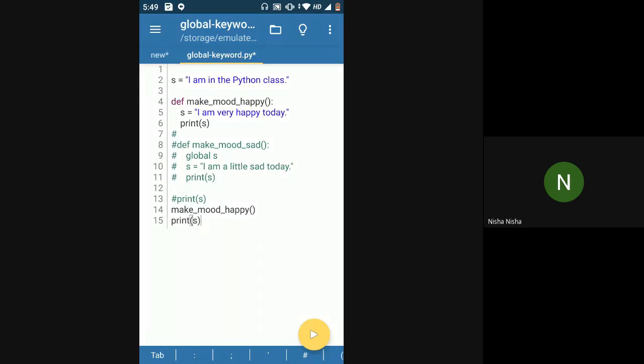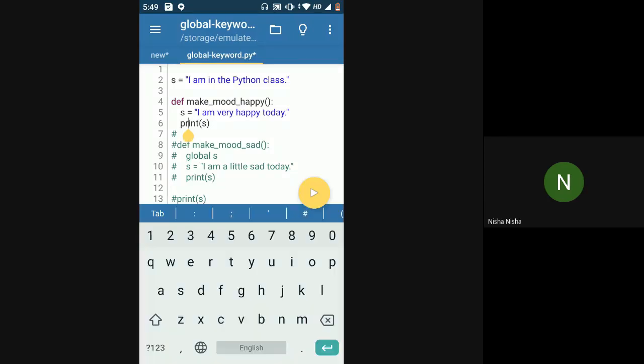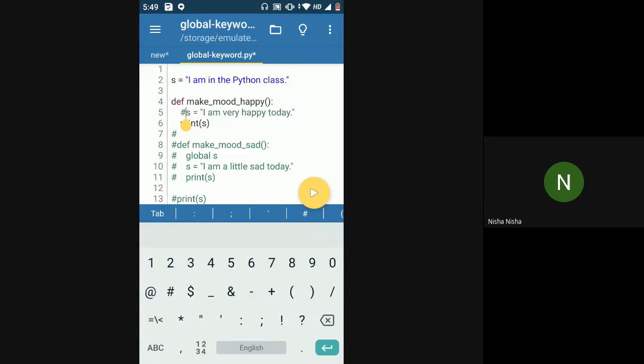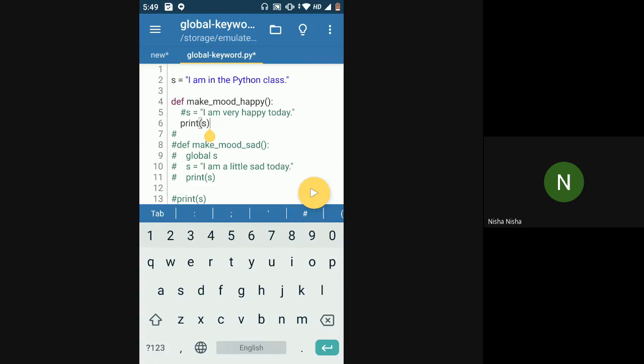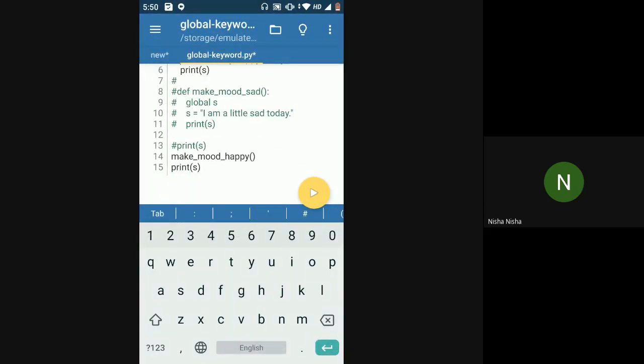The global variable will not be reflected. In case line number 5 was not there, it would have taken the global variable. But since we have one more definition of the s variable inside the function, it will take the I am very happy today variable only. It will not take the global variable. So let me just try to print it and see.